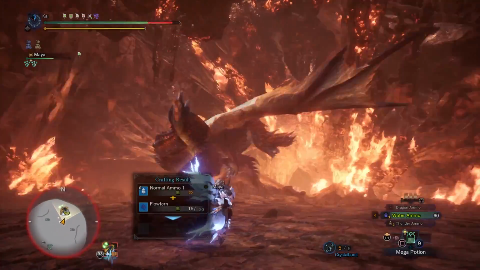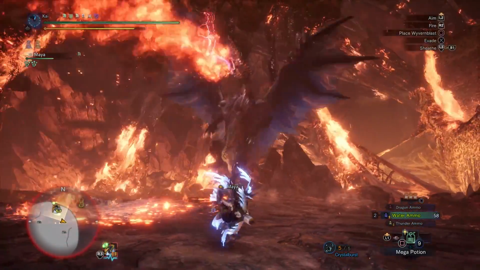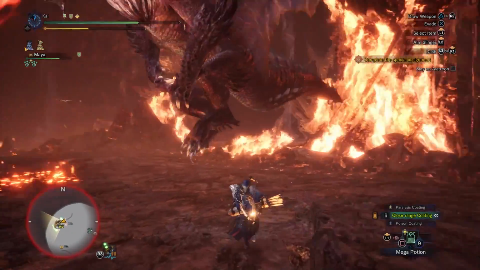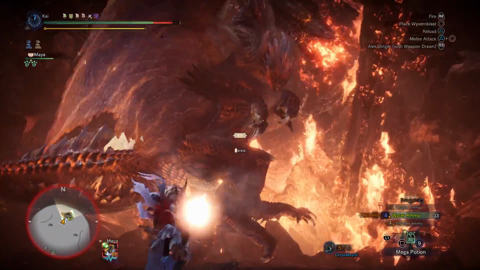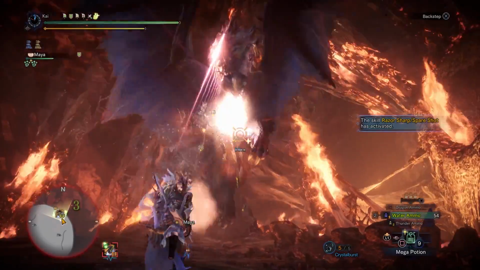Now on top of these fire moves, Alatreon also has some fire moves he casts whilst airborne. These include again a straightforward fire breath move. He also has a continuous flamethrower move that he sprays back and forth in front of him whilst moving forward, very similar to one of Teostra's moves. He can also cast a double 360-degree flamethrower move in a circle around him,